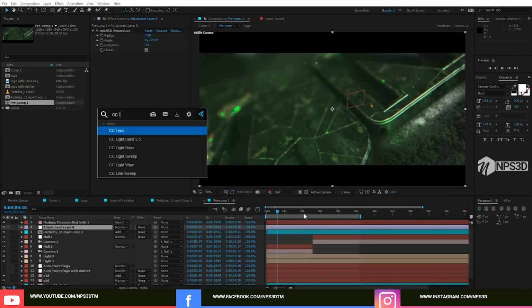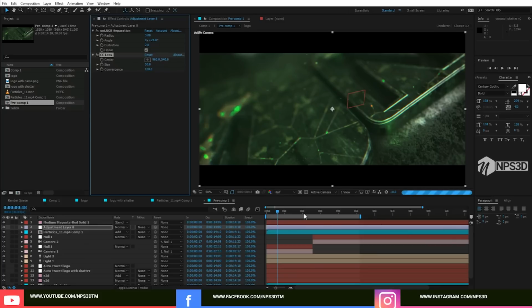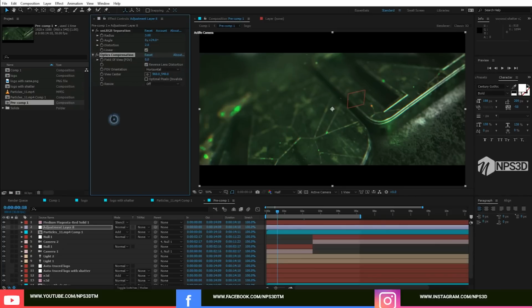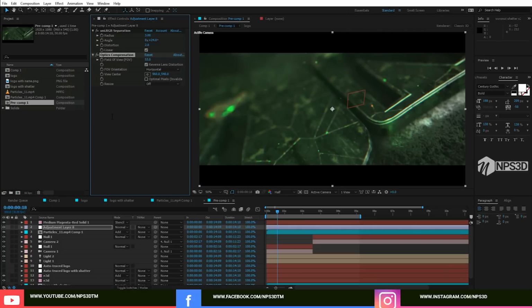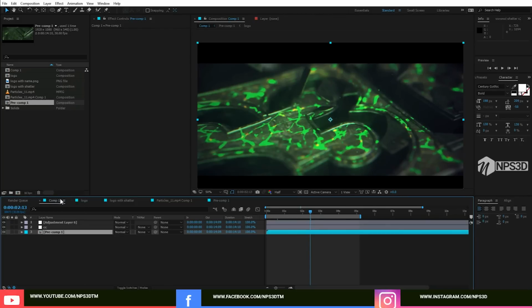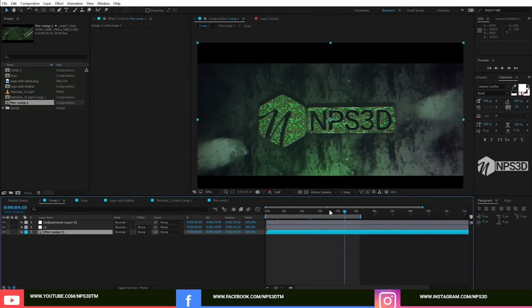Let's apply a CC lens, or just apply optics compensation, a reverse lens distortion, like this one, right? And go to the comp one right over here. So now our final result is ready, and it's ready to take preview. So almost the idea is the same as what I did for our intro, and